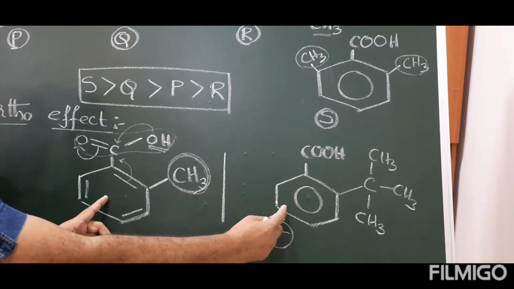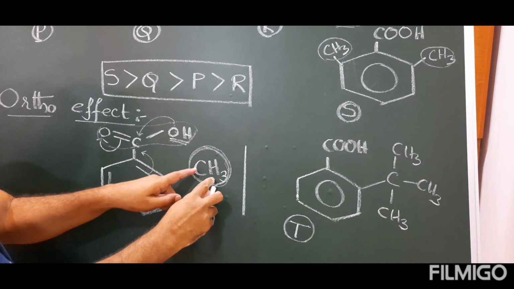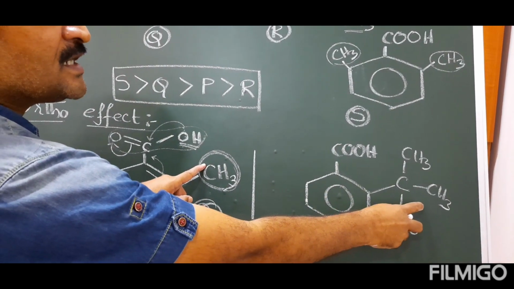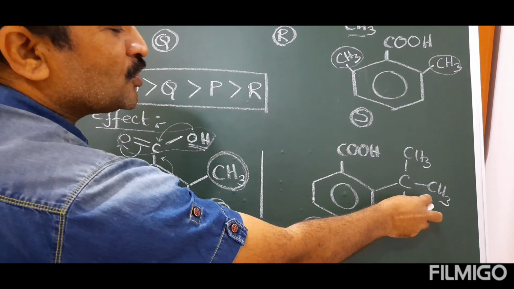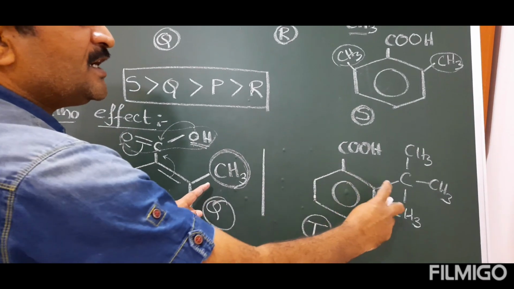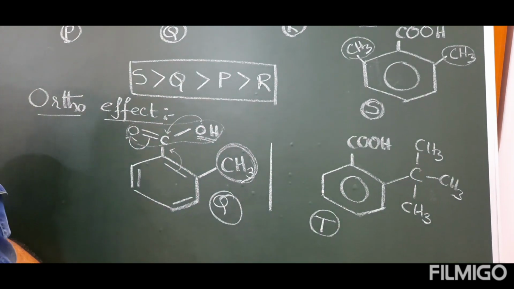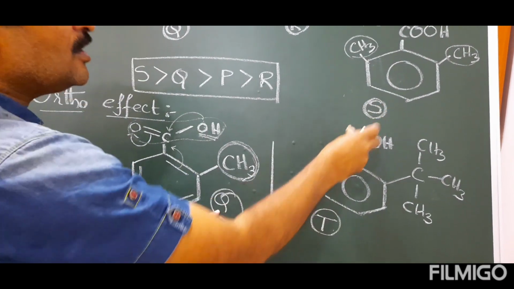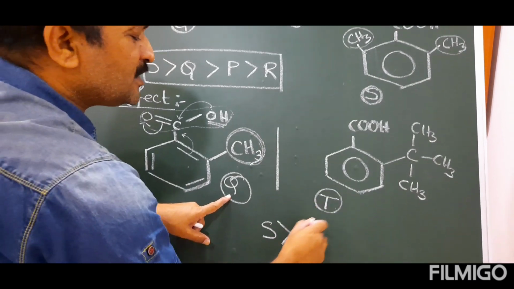Compare these two molecules, Q and T. Here it is affected on one side. It is also affected on one side. But it is a little bit smaller group. It is a bulky group. If you are taking the relative comparison of the bulkiness, this is more acidic. If you compare these three, Q, T, S, the most acidic is undoubtedly S,